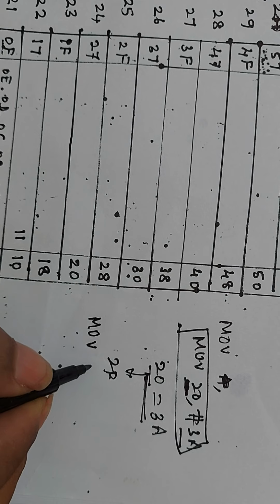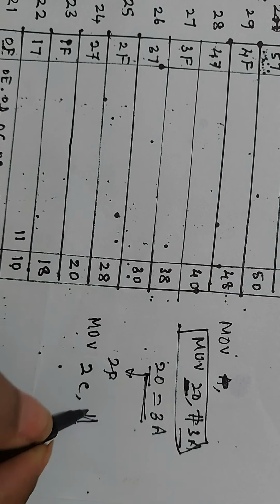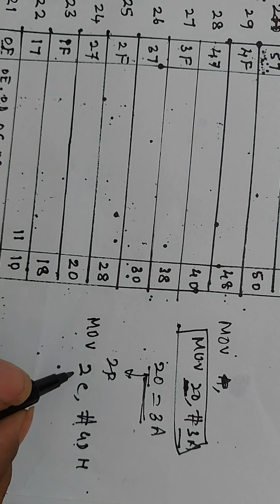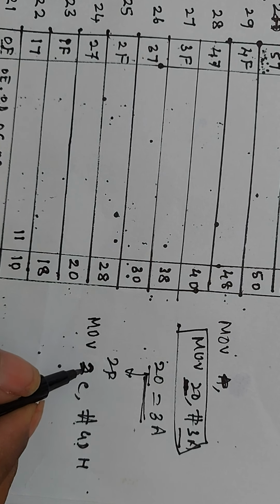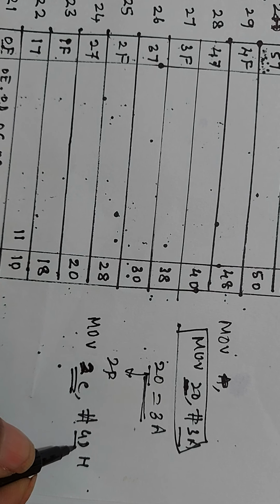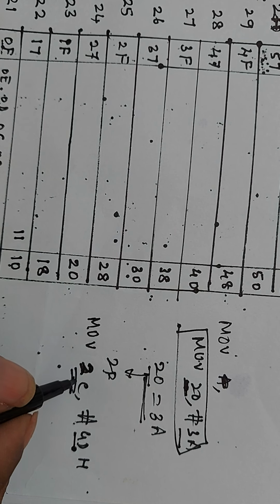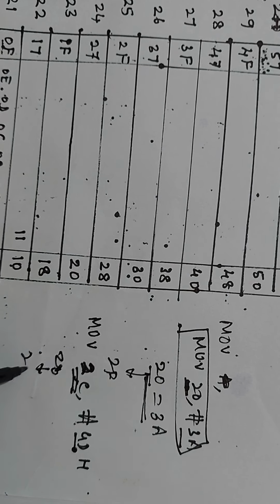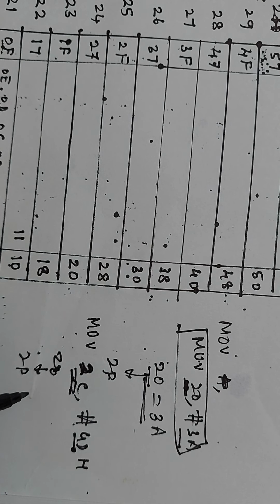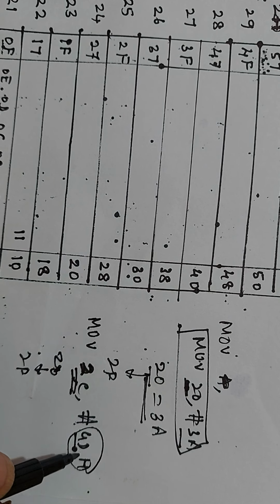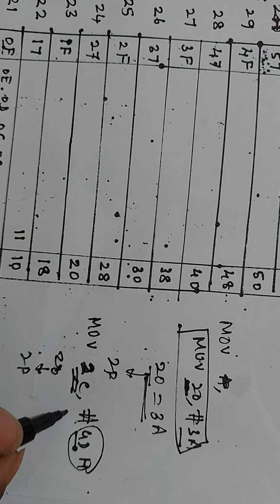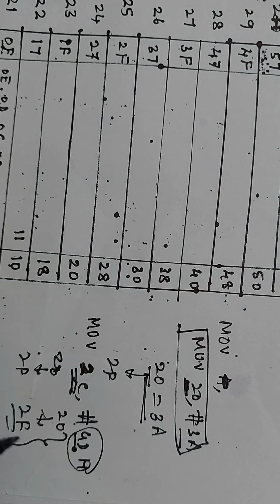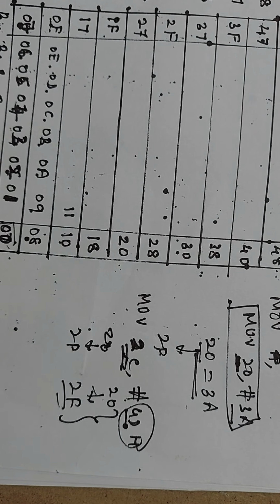Similarly, move 2c comma hash 4dh. That is, 4D data is stored in RAM location 2c. It is not possible because 4D is a byte, whereas 2c is a bit addressable RAM location, because from 20 to 2f it is bit addressable. Therefore, you cannot store any data in the RAM locations from 20 to 2f. These RAM locations are used only for bit addresses.